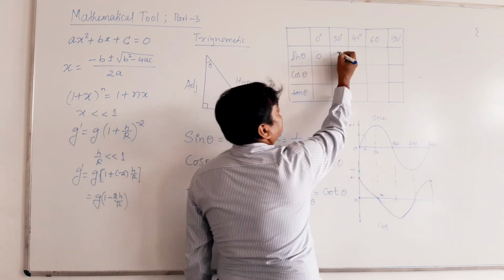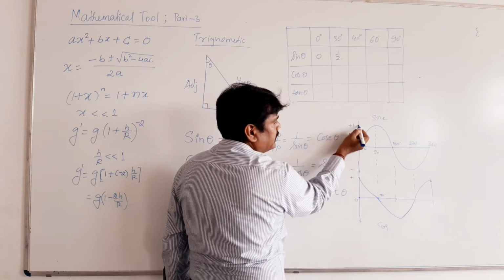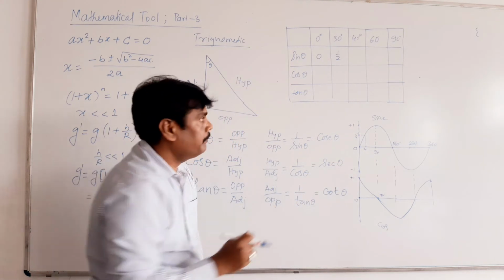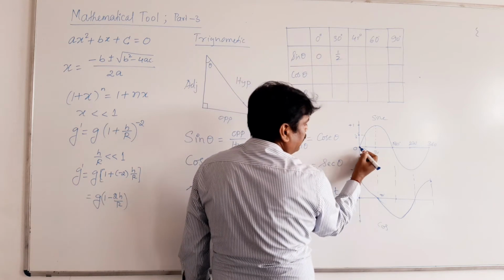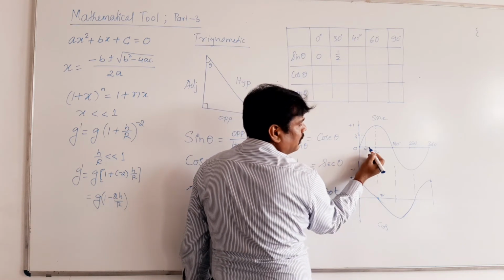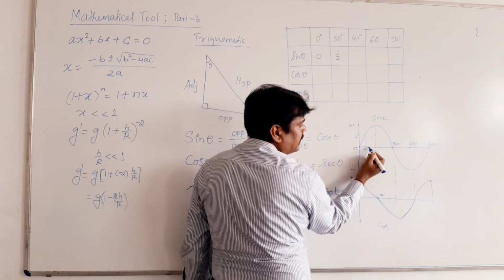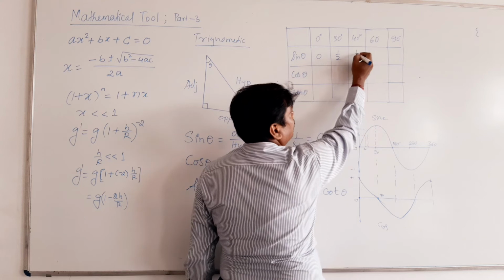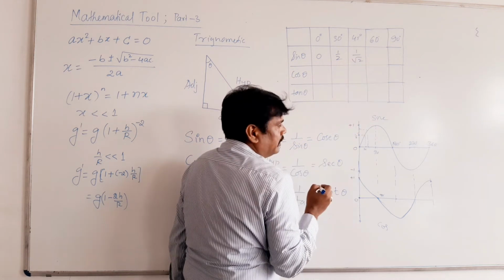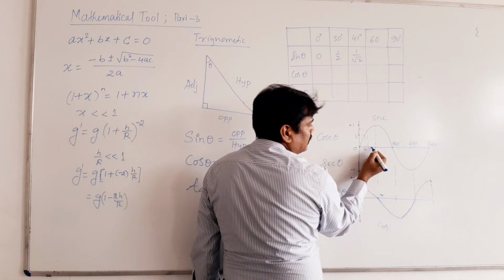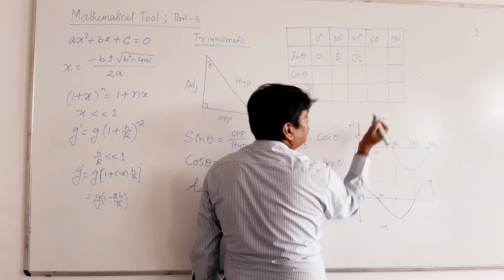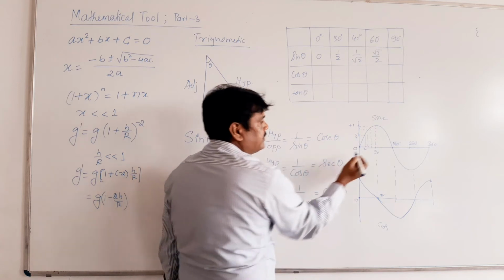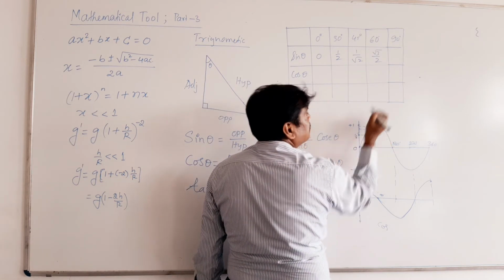It means sine 30 is 1 by 2. From here to here it is 1, and the exact midpoint is half, which is exactly for 30 degree. Again for 45 degree: 45 degree is the midpoint of 90 degree. Its value is somewhere here. It is 1 by √2. Exactly at 60 degree, its value is √3 by 2. Exactly at 90 degree, its value is +1.